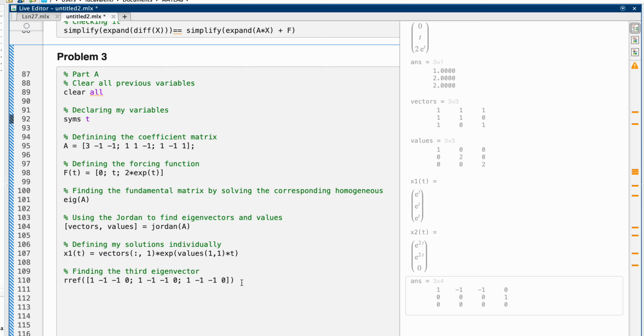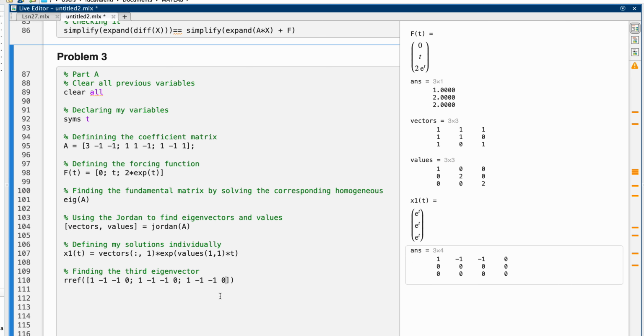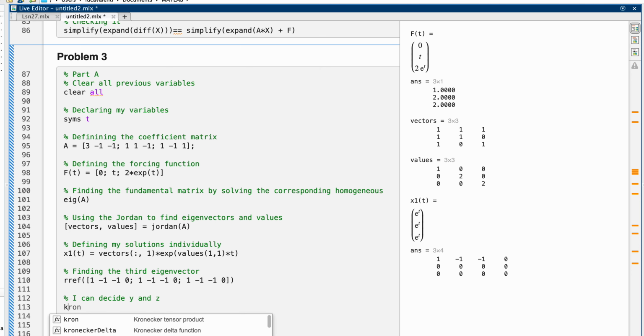So what do I get? Control Enter, I get the following. So I get that I can decide two variables, call them y and z. So I can say that k, this is one vector. I can say that k2 is going to be the vector,